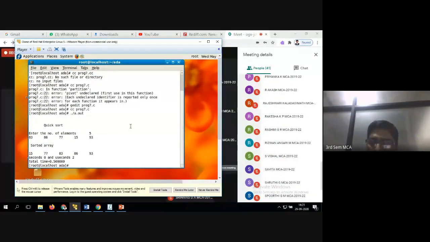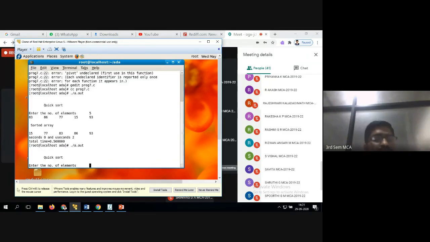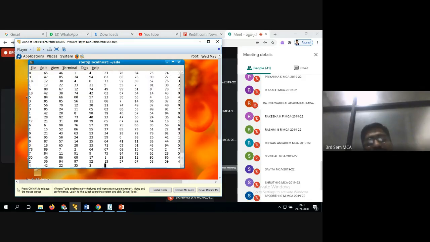So now what you have to do? You have to enter for the different numbers. So now enter some big numbers. When you are entering big numbers, sometimes foreground, background jobs are running.